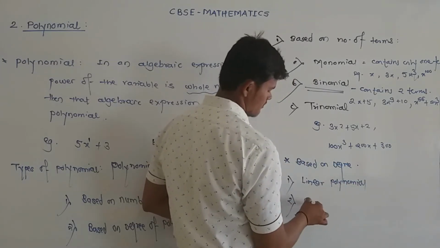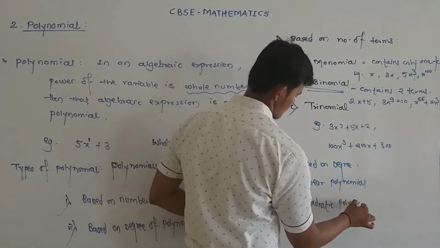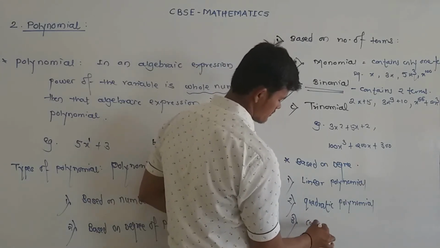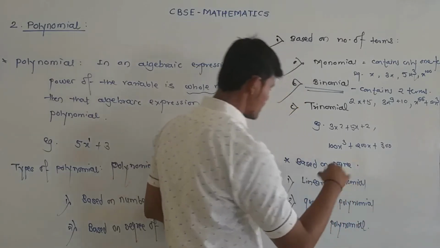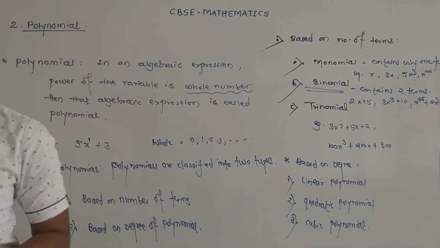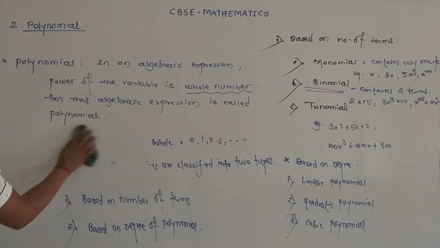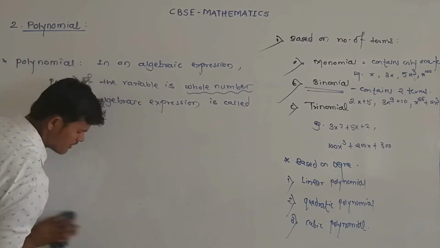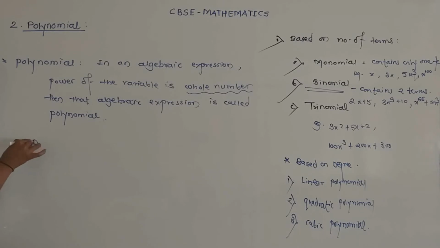Second one is quadratic polynomial, and third one is cubic polynomial. So first tell me how to decide the degree of polynomial. To decide the degree of polynomial, the maximum index or the maximum power of a given expression is called the degree of the polynomial. So first here, let's see